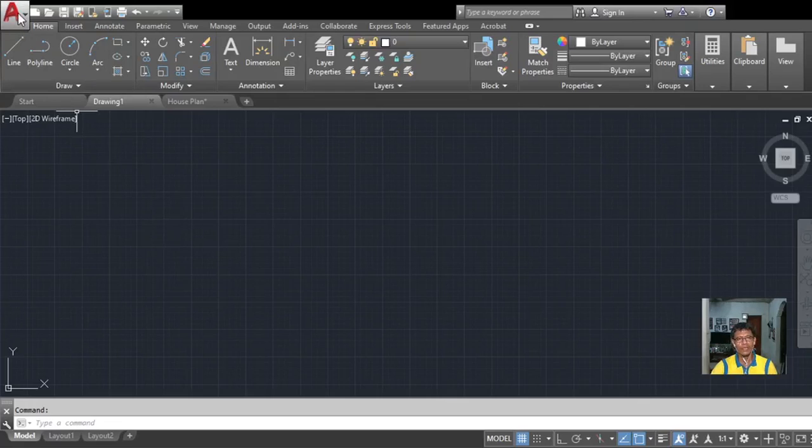So we have here, on the upper left corner of the application, what we call the menu browser, or sometimes called the application menu.